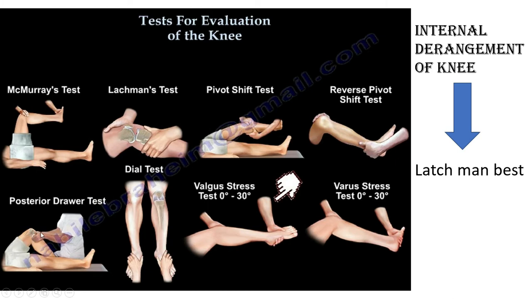If the laxity is more than 5 mm, then grade 1. If more than 10 mm, then grade 2. If more than 15 mm, grade 3. Observational bias may occur, but you have to check how severe it is, and you must always compare with the normal side, because there is some generalized ligament laxity also.